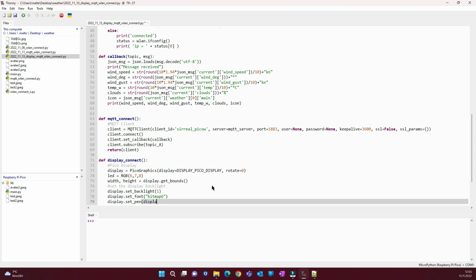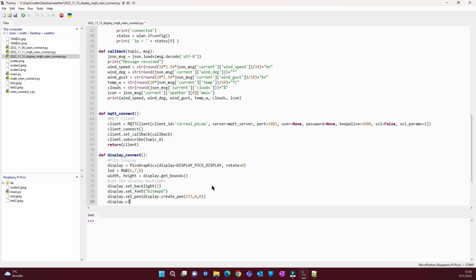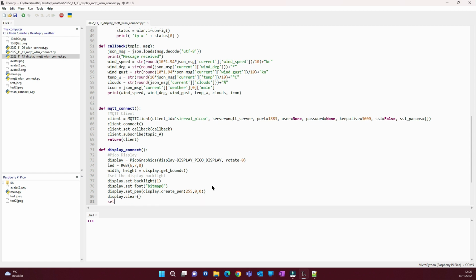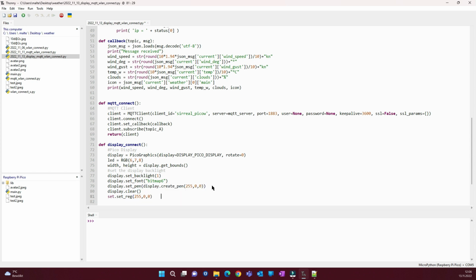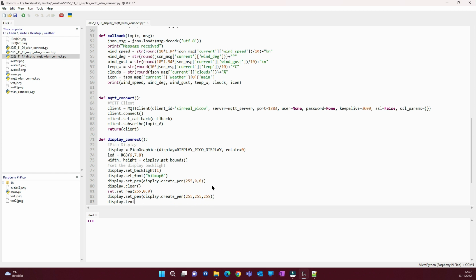More important is to set a pen, and to set a pen you need to create a pen. You can create pens and align them to variables, but I do this in one function now and create a red pen, 255, 0, 0, RGB red. I clear the display and the display gets red now. Now I set the LED to red and I create a new pen color, and this is now white,